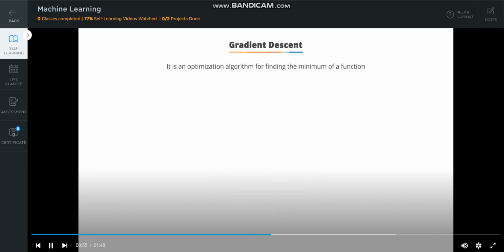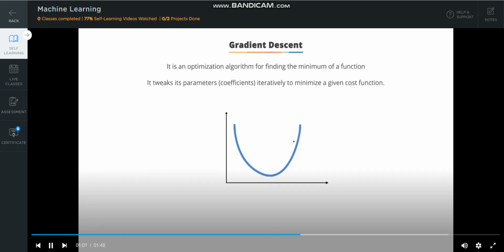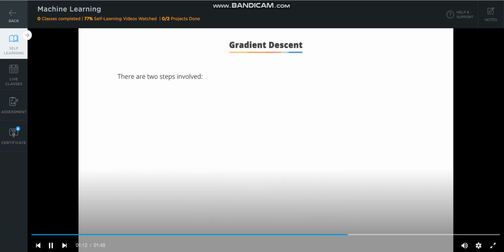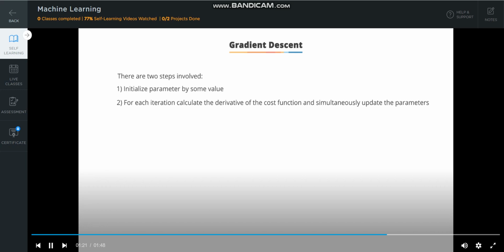Gradient descent is a first-order iterative optimization algorithm for finding the minimum of a function. It tweaks its parameters or coefficients iteratively to minimize a given cost function. The model stops learning when the gradient or slope is 0. The gradient descent algorithm has 2 steps involved. The first step is to initialize the parameter by some value. The second step is to calculate the derivative of the cost function for each iteration and to simultaneously update the